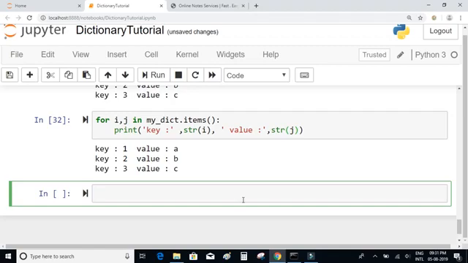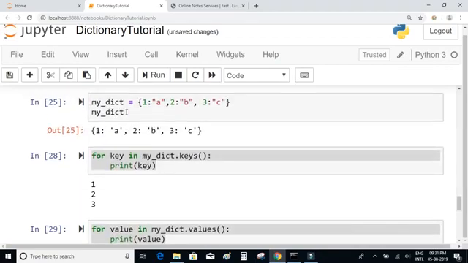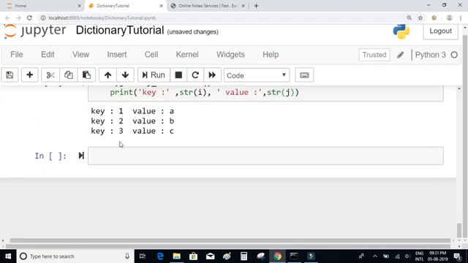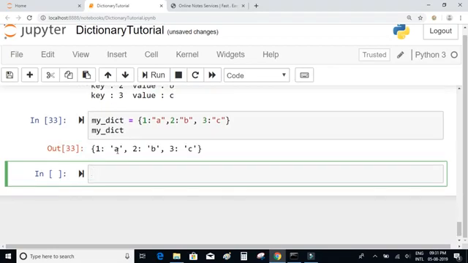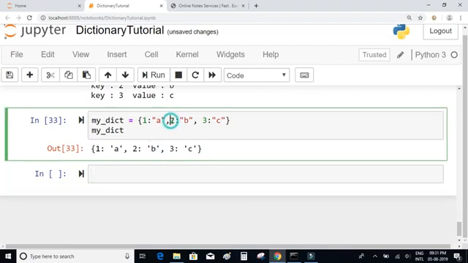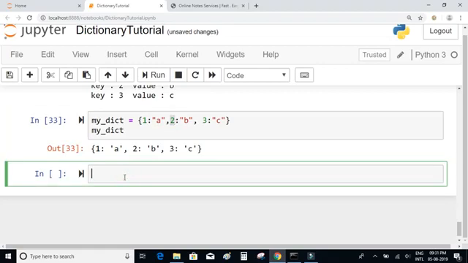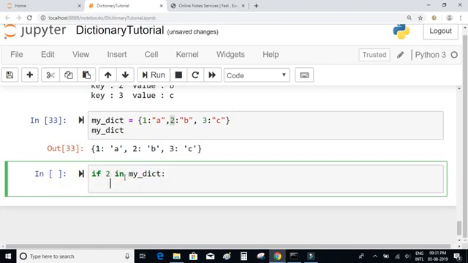So next, let us check if a key exists in our dictionary. So let me define the dictionary again. In this example, I just want to see if 2 exists in our dictionary as a key. So you can directly write if 2 in mydict. If 2 exists, it just basically means that 2 is present in the dictionary as a key, and I'll just print